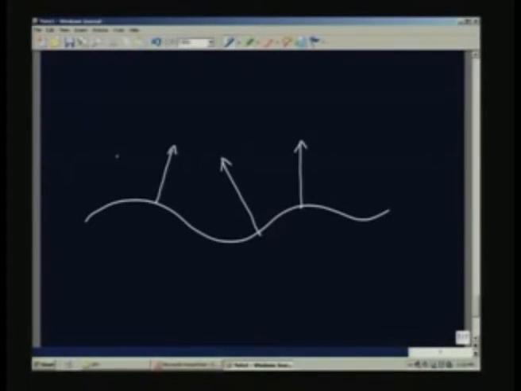Suppose I have a parallel radiation falling on it in this direction. It will be reflected like this. This angle will be equal to this angle and it will be reflected in this direction, whereas here it will be reflected like this and here it will be reflected like this. These angles are the same. Therefore, even though parallel radiation is falling on it, I have exaggerated of course, this is going in this direction, this is going in this direction, this is going in this direction. Therefore, you see that the reflected radiation is going in all sorts of directions.